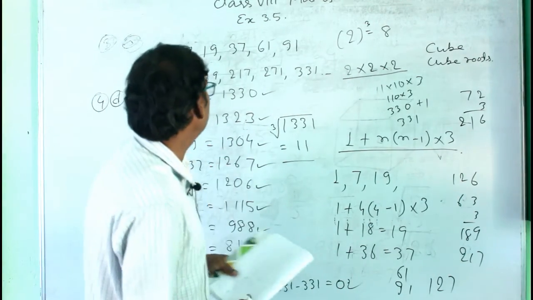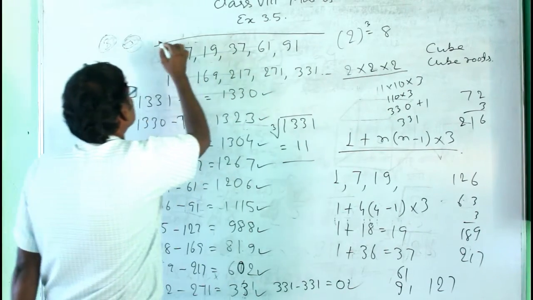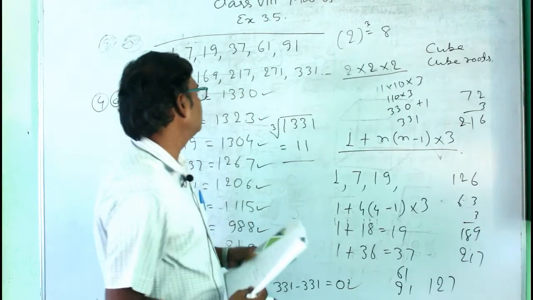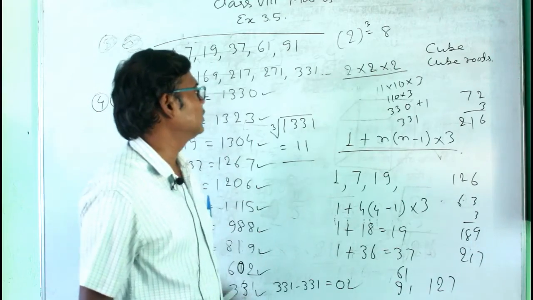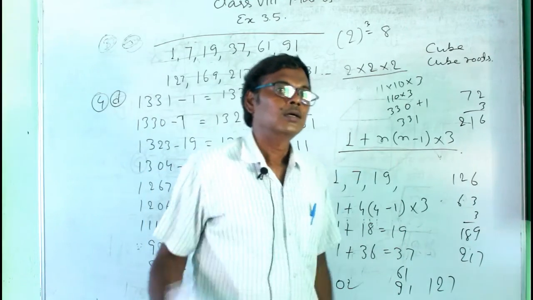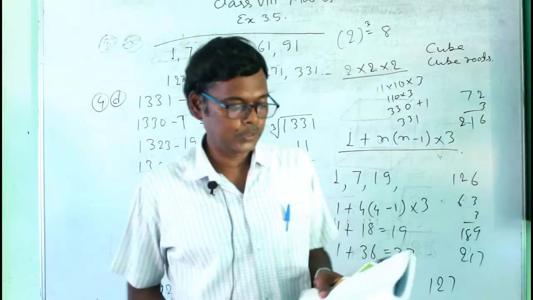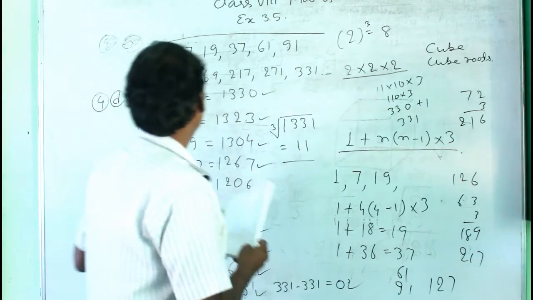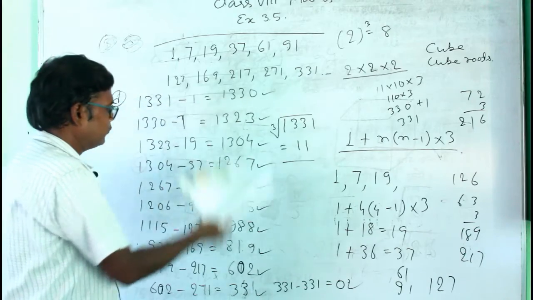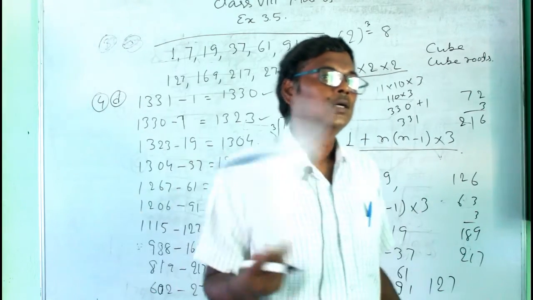So here you have to remember this list of numbers. The list is infinite, but up to this number it is sufficient, and if you don't remember, then you can use this formula to find more numbers, if you have a larger number to find the cube root of. See that it is 1331 here, so we have 11 steps. If you take a bigger number, then it will have more steps.